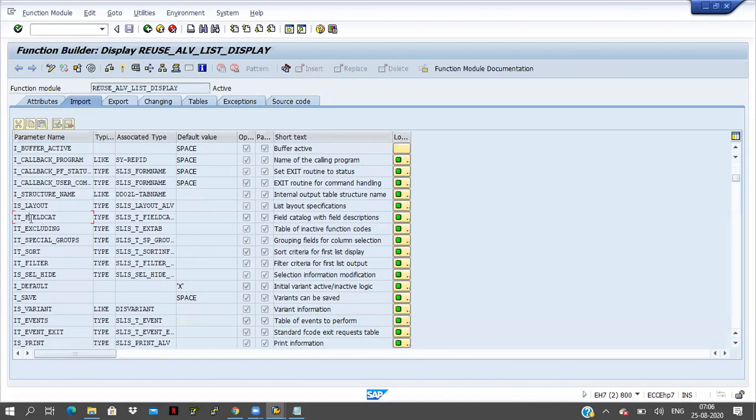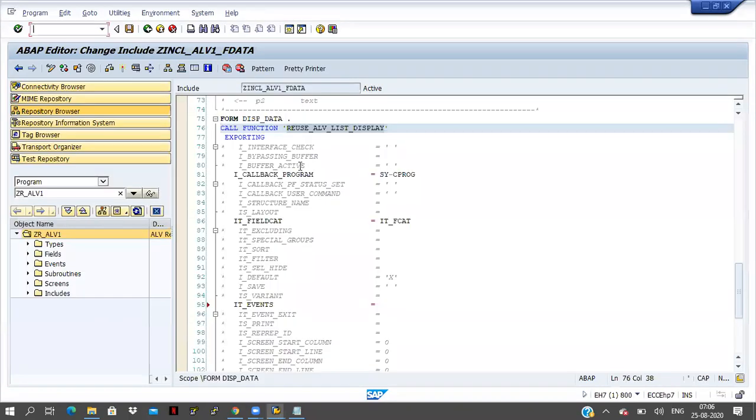Here you can see IT events, and they have declared it as slice underscore t underscore event. In that way they are declaring the internal table in the function module.